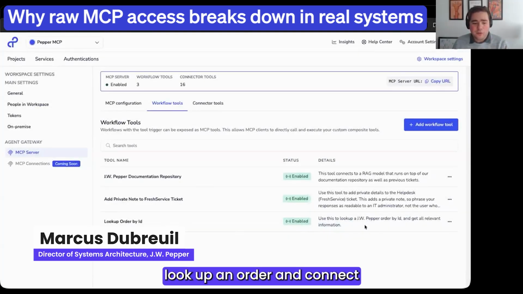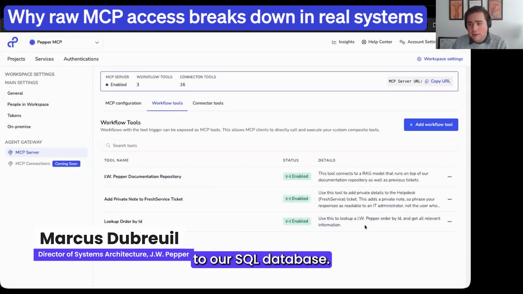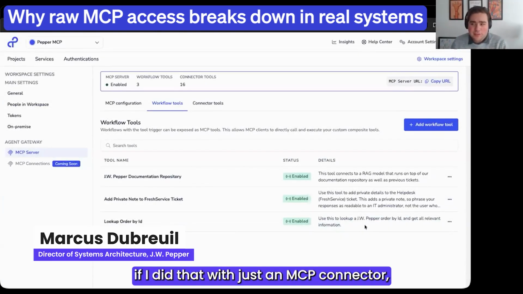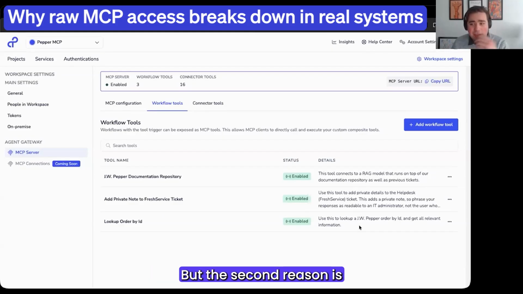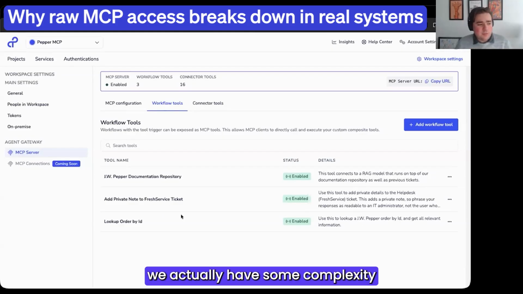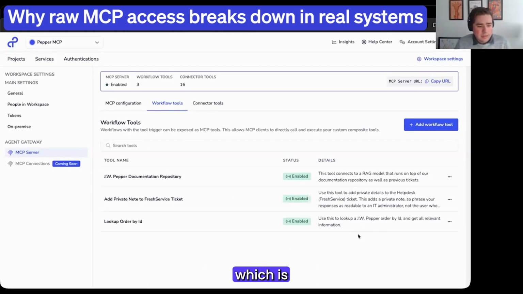One is if you need to look up an order and connect to our SQL database. Right now, if I did that with just an MCP connector, it would be like the raw SQL example. You just put in a SQL command and say, yeah, go for it. Why not? But then the second reason is we actually have some complexity in our company, which is if someone